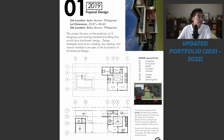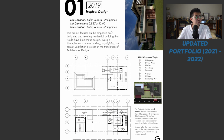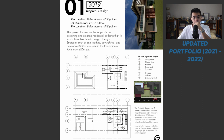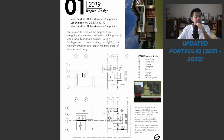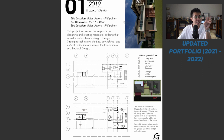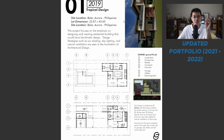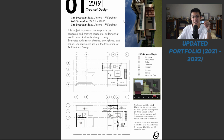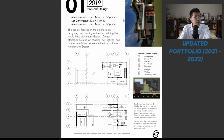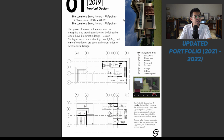And then I've written down some of the things that are relevant to this project. So I think as visual designers or being more focused on visuals, it is actually good if you're just literally showing the pictures or you're highlighting the images as big as possible. But again, if you can actually describe it in a way that you can narrate it through words, I think that's also a plus. Because although it's an edge for us designers to mostly focus on images, I think being able to write down your description or your own narration of the project can actually be very useful as well. So not just on visuals but also on different